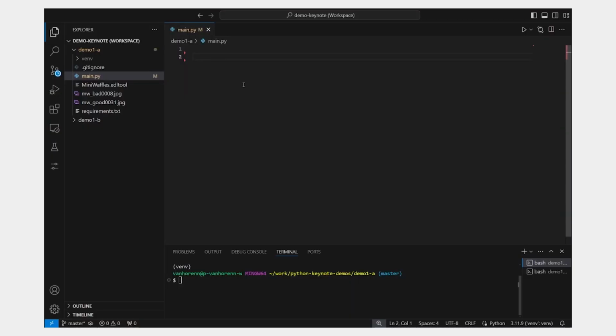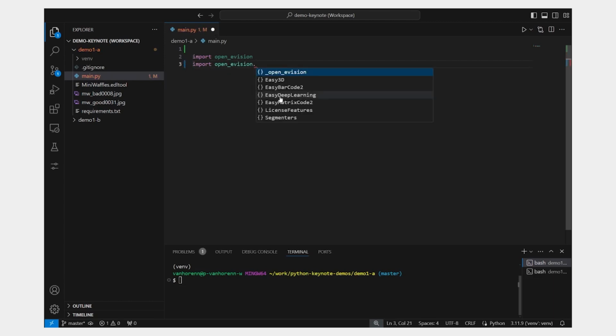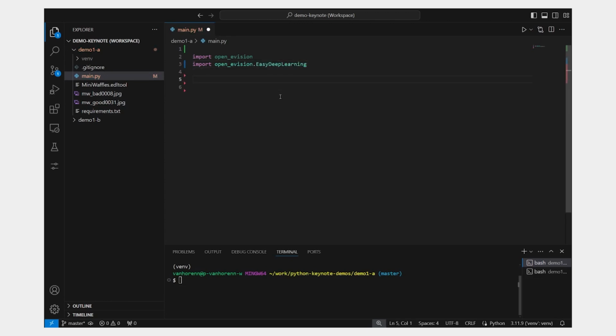So in this example, I will use an example development environment for Python. Here I use Visual Studio Code. And the first thing I need to do in my main Python file is to import eVision. Then for this specific example, I will also use another Python module, which is EasyDeepLearning, because this demonstration will use